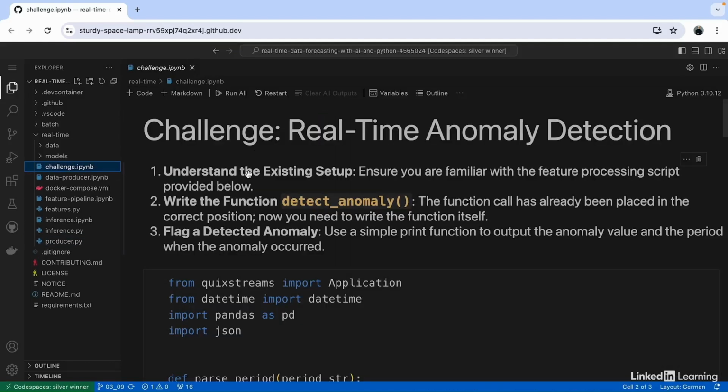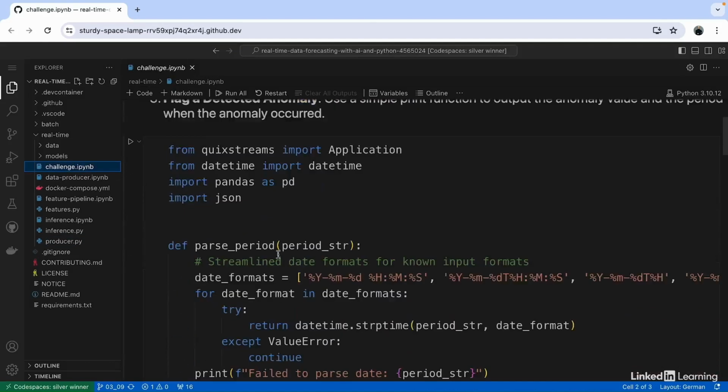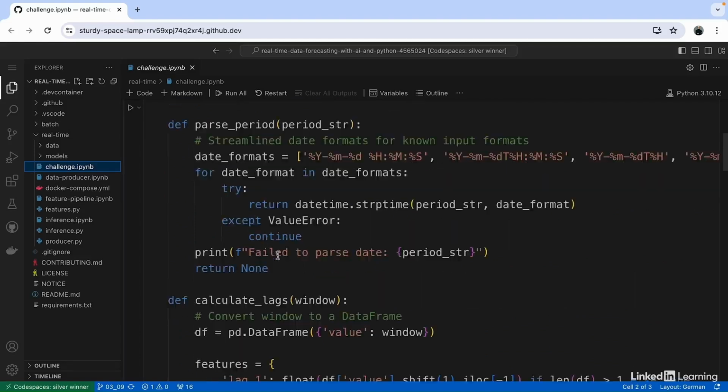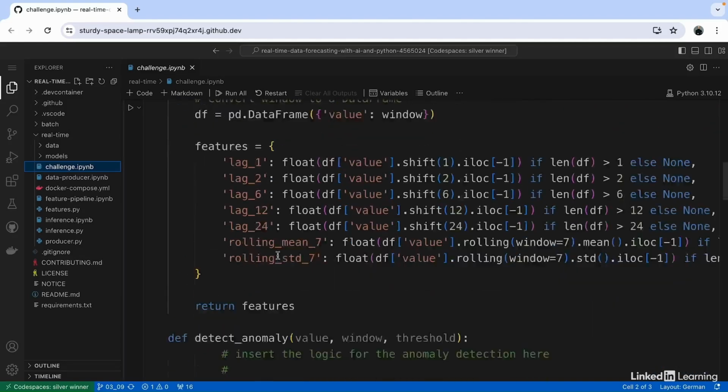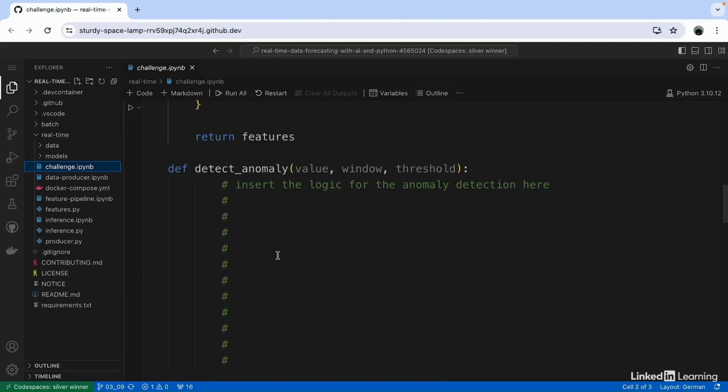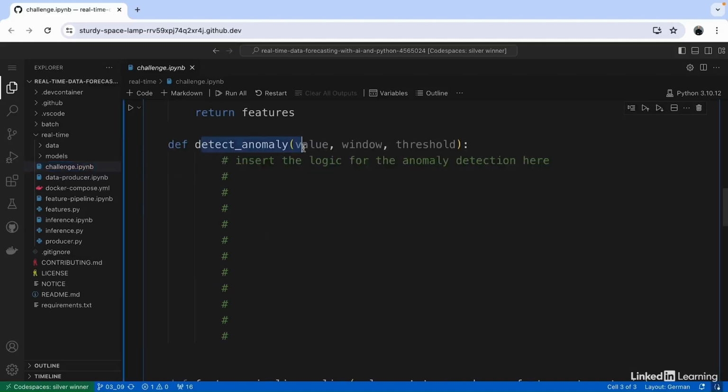For this, review the feature processing script provided below. It's exactly the same that we used previously, except for this little tiny detail here. It comes with a new function called detect anomalies. So here's where you would need to implement the logic for the anomaly detection. How would you detect the anomaly? Small tip, the rolling mean and the standard deviation of your incoming data will